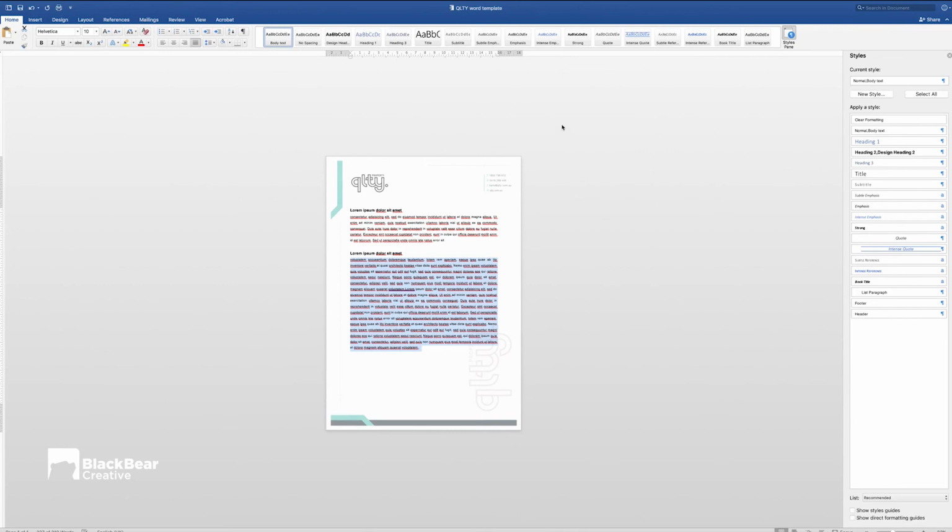And that's it. So the next time you open it, it will open up and all this information, all these fonts will be already there. You don't have to change anything around, and you won't have that mistake of accidentally clicking the background and accidentally shifting it. And yeah, that's pretty much it.